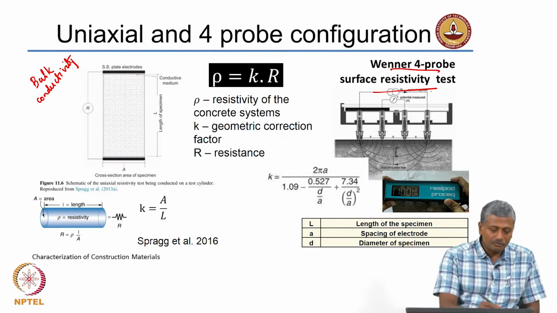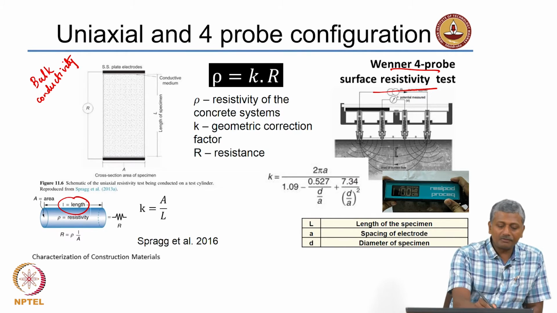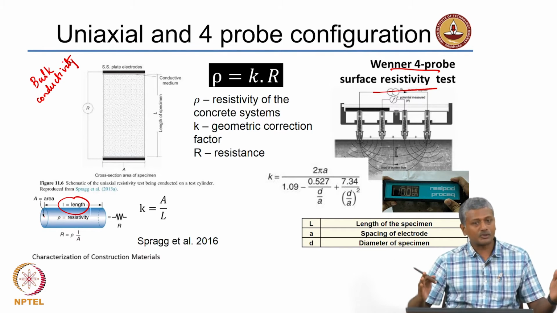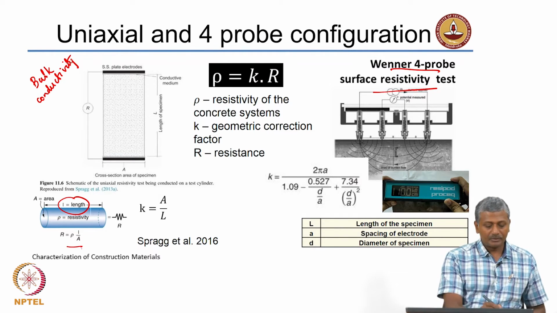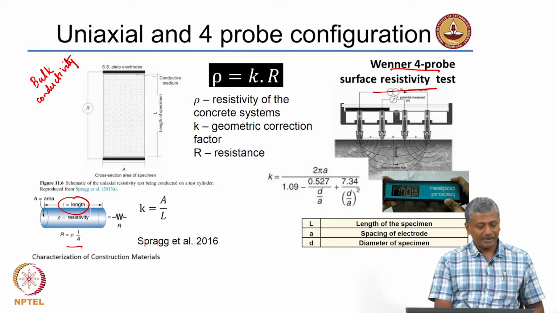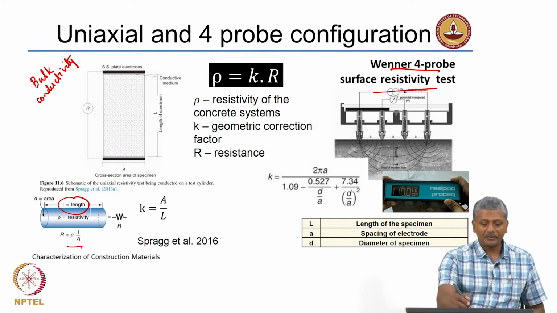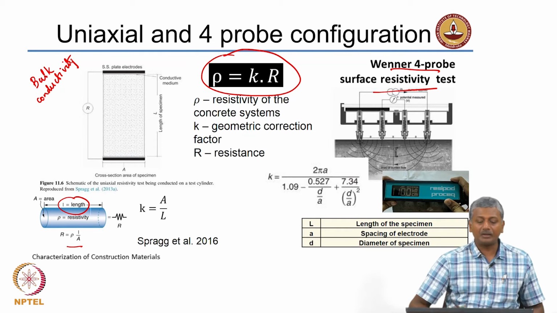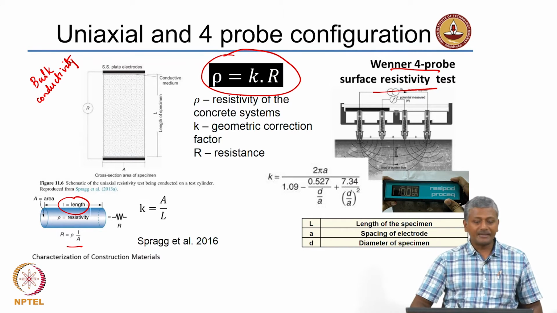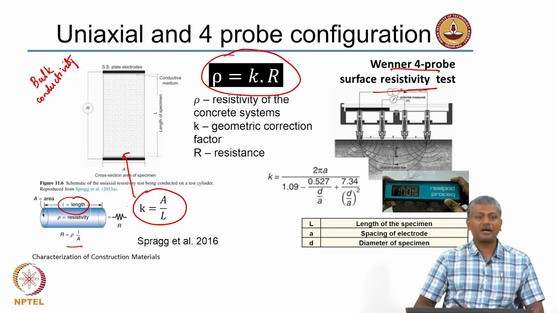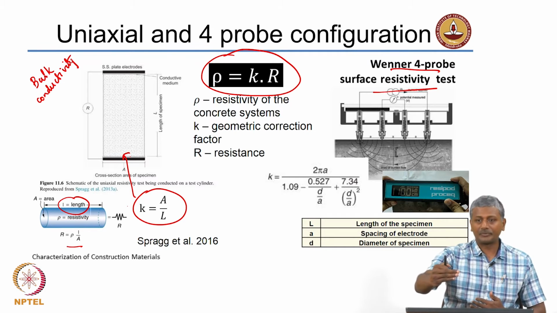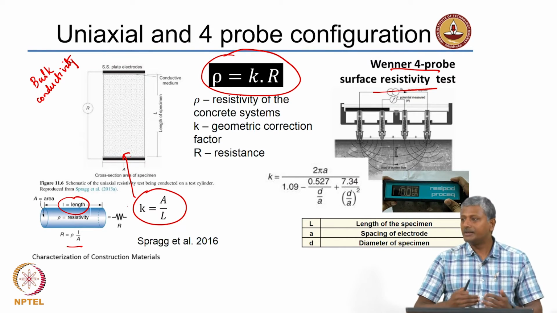Okay. So, here for instance your length is clearly defined, your area across which the current is passing is also clearly defined because you have a perfect cylindrical specimen. So, you get your resistance as rho multiplied by L divided by A. So, here you can have a generic relationship between your resistivity rho and the resistance R by a factor K. Now, in this case of course your K is very simple because your path of flow of the electric charge is perfectly maintained.